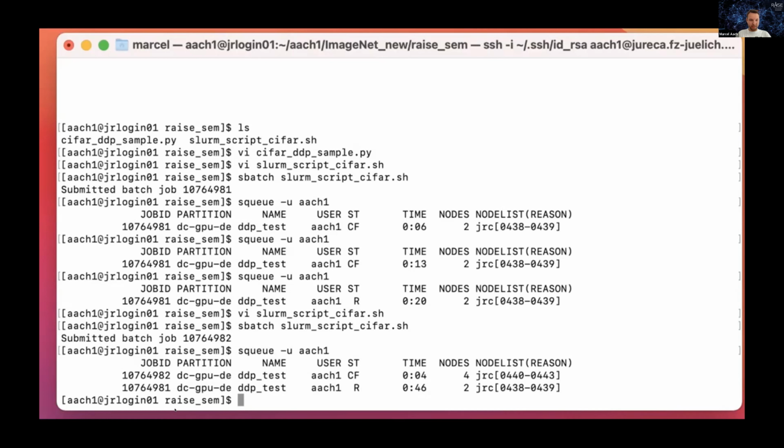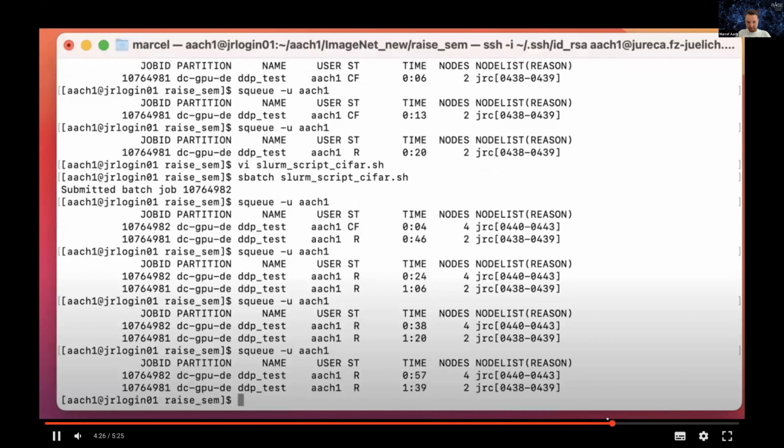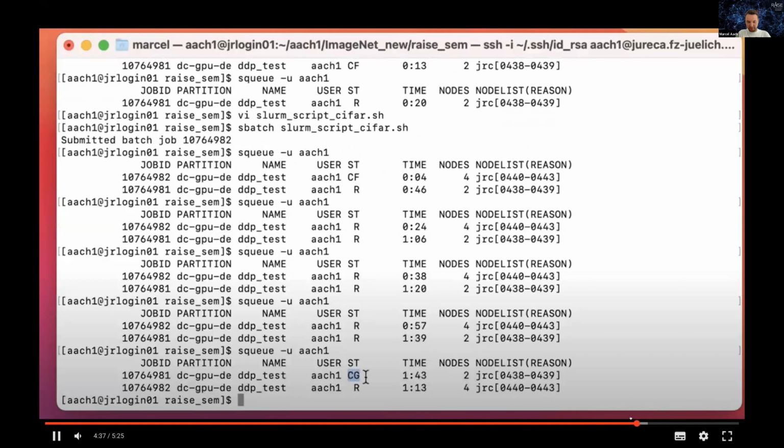Now at different points in time, you can of course rerun the sq command to see the current status. I will forward this now. So you see, it takes some time. Once it shows this CG status, that means it's coming to an end.